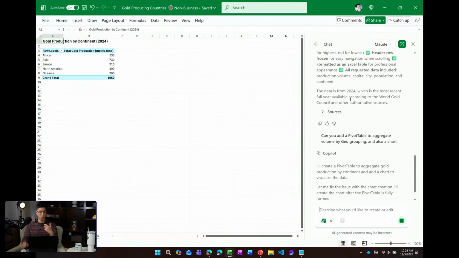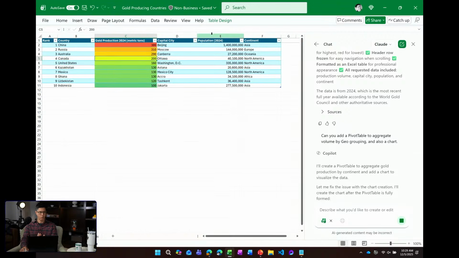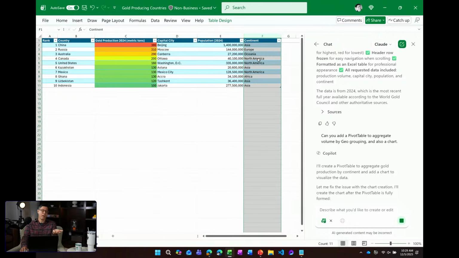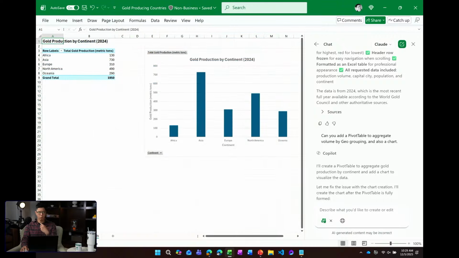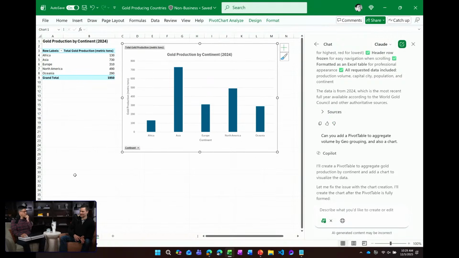So now here I ran another one just to illustrate. It's a conversation, so you can have multiple turns. You can adjust the results, and here I asked it, using that data, to create a pivot table and aggregate it by geo grouping, which is one of the columns I pulled here. You don't have to use the exact same words because it's AI, it knows. Yeah. So it used that geo grouping, the continent field, to pull this data, and it also created a chart. Got it. Pivot chart in this case. So again, this is all refreshable, all connected. This is a pivot table, so it all ties back to the data on the previous sheet. And so if that data updates, then it'll update this view.